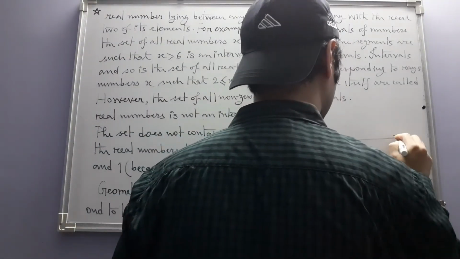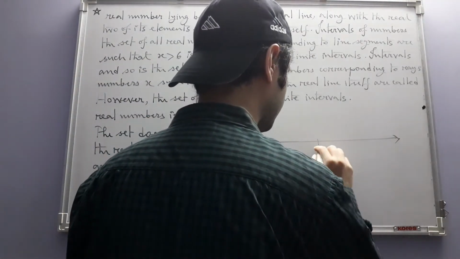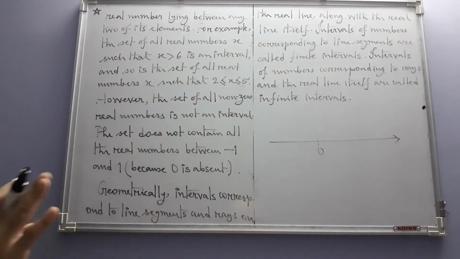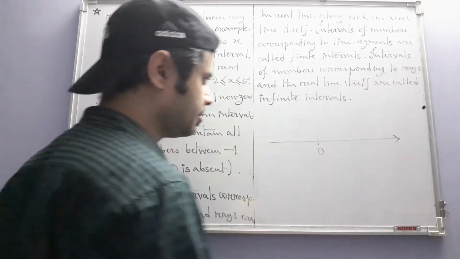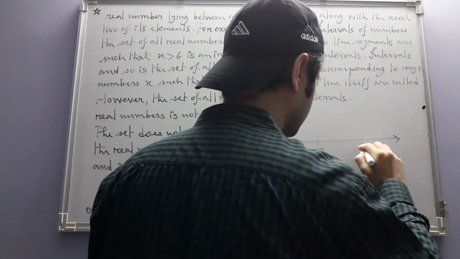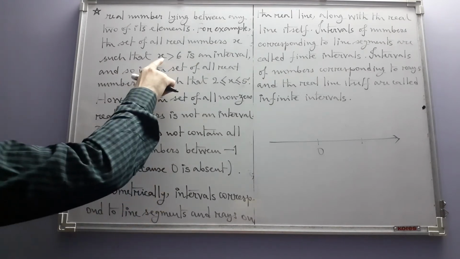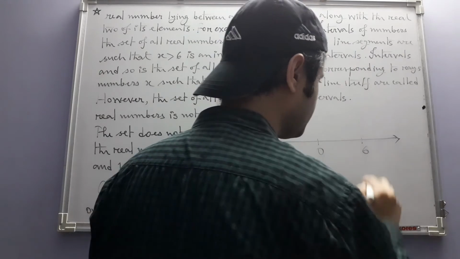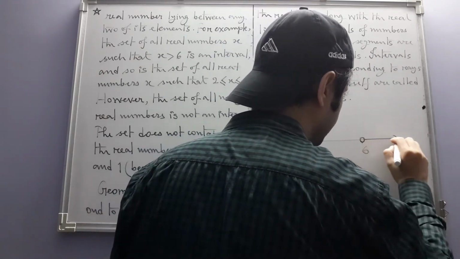Say you have the real line like this, where you have 0. Because I am drawing without the aid of a ruler, it will look very bad, but bear with me. So this is the real line. Let us take these examples themselves. X greater than 6, say we have 6 here. The set x greater than 6